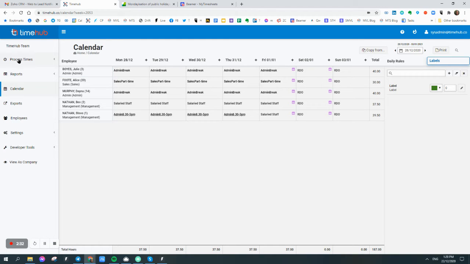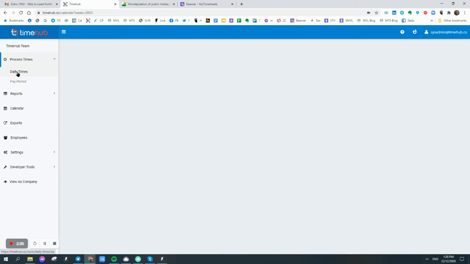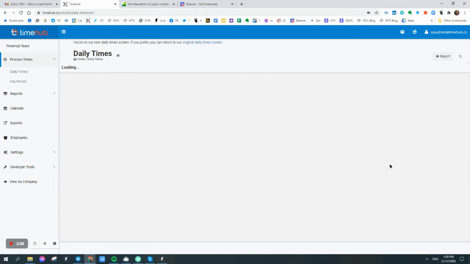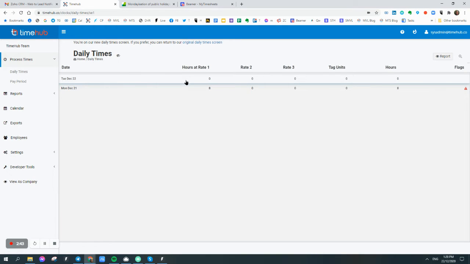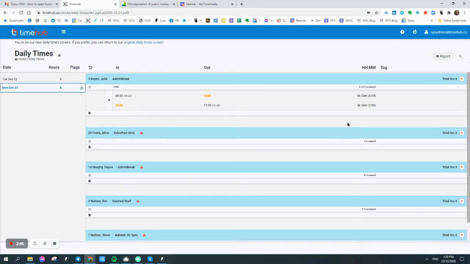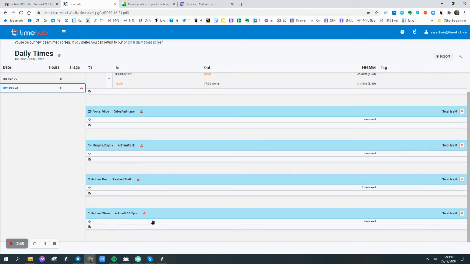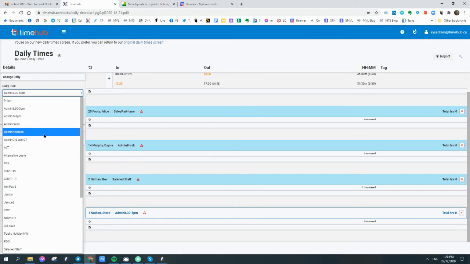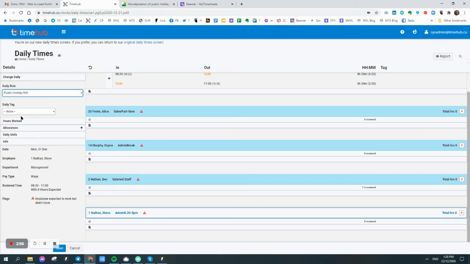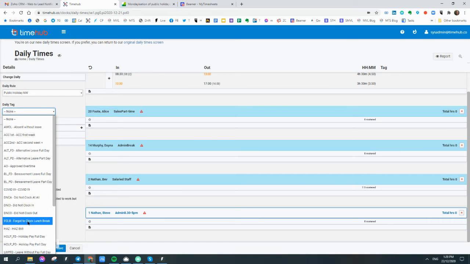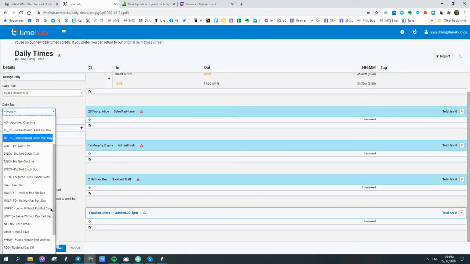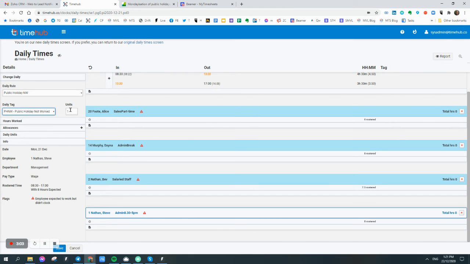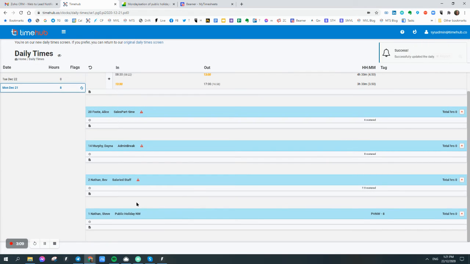Now, if I'm in the daily times, I don't have a public holiday that's fired at the moment, but you'll get the general gist of this. When this comes up, I'll go into yesterday, it doesn't really matter. Let's say in my particular case, I had a public holiday not worked. I should have one here somewhere, public holiday not worked, and that was public holiday. This will automatically happen. You won't have to do this. That said 8. So what I would see is something to that effect there. I would see that it's a public holiday.